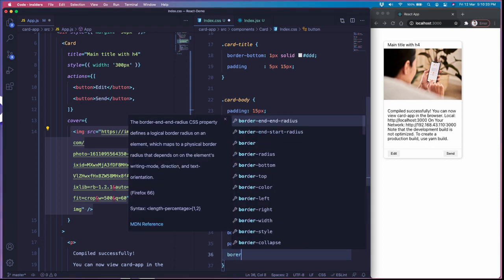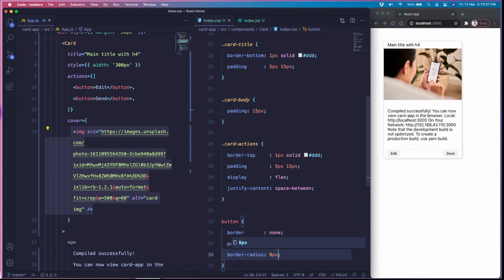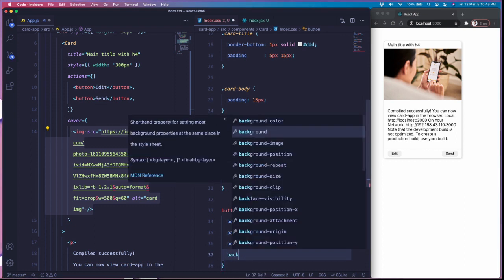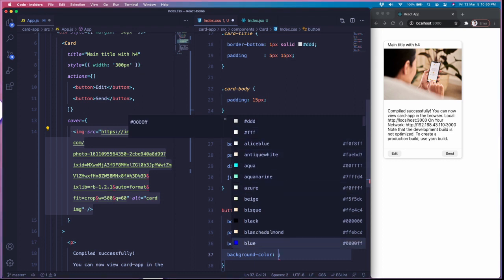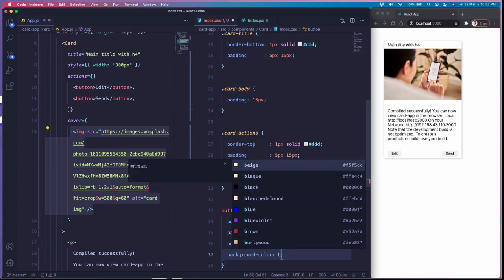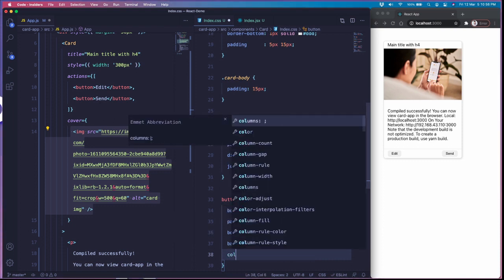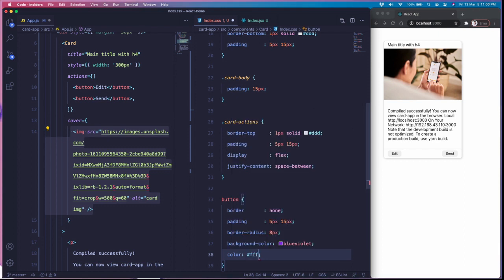Now give it a border radius, let's say 8 pixel, something like this, and increase this, and give it a background color. If I go for, let's say, blue violet, and give it a color of white, let's see, this looks